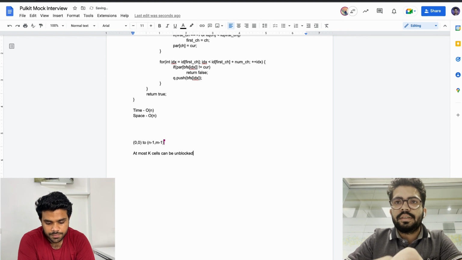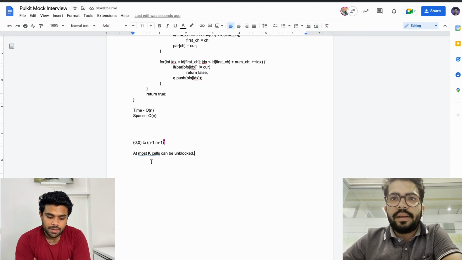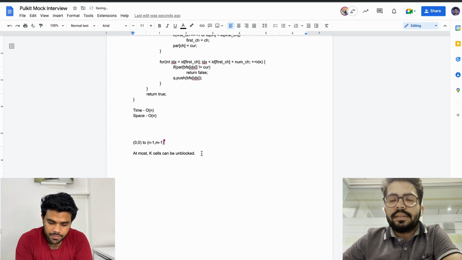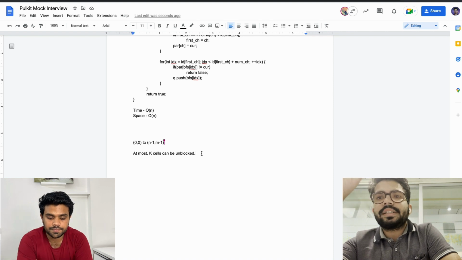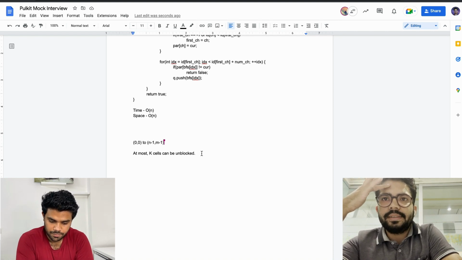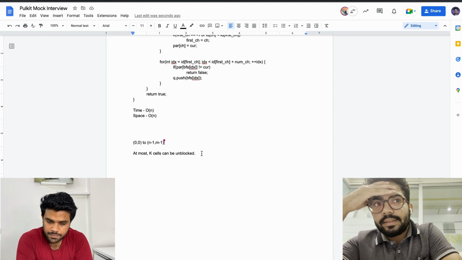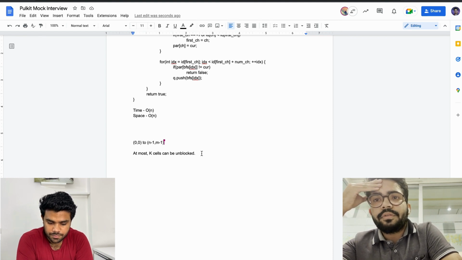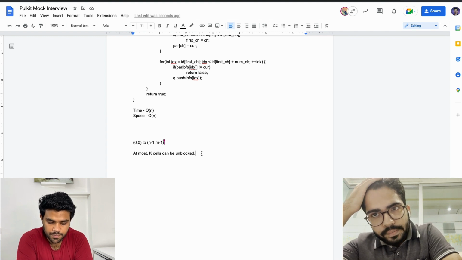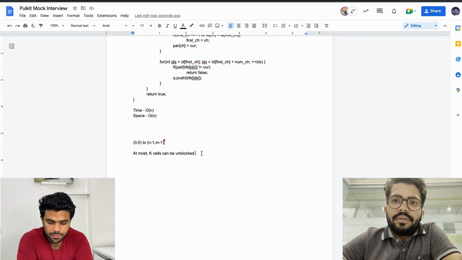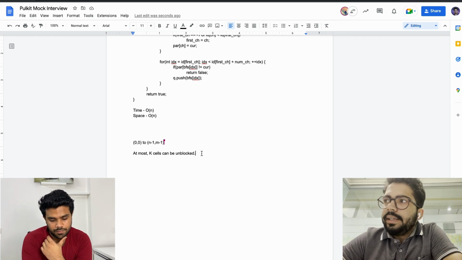Okay. So now the question is the same, right? I calculate the minimum distance. And unblocking these cells doesn't take any cost, right? It is free. Yes. That won't count in the number of steps, but going to those cells would definitely count in the number of steps. Right. Okay. So now I have to choose those K cells optimally so that the path is